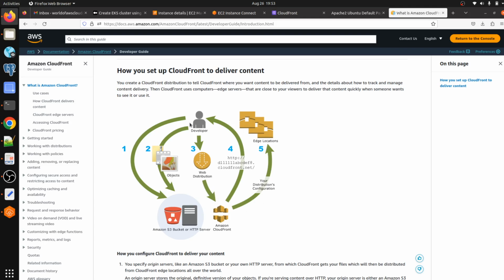So next time whenever the developer makes a request for the same content, it will go directly from the developer to the edge location. That request is not going to pass through 1, 2, 3 and 4. Okay, so the time will be automatically reduced and the response time will be far better than before.